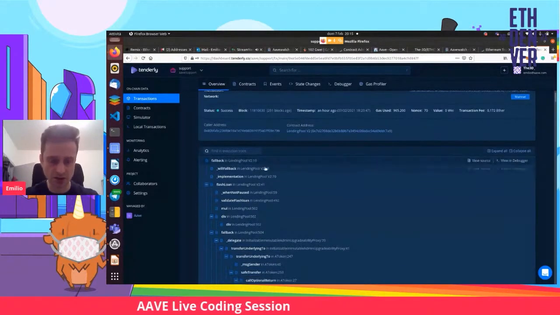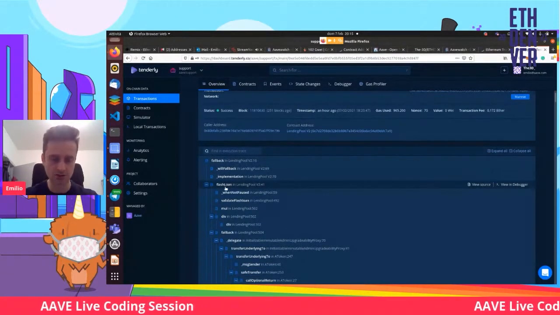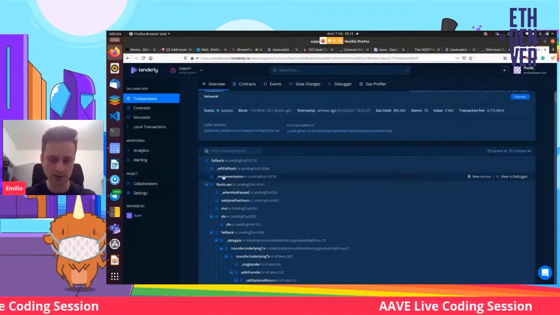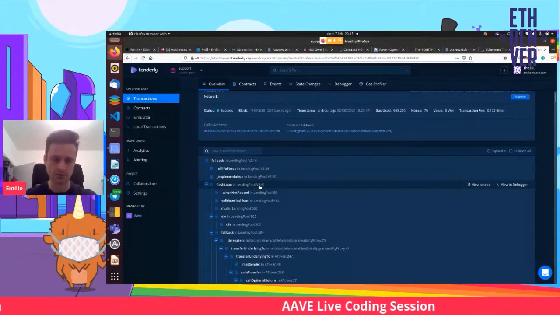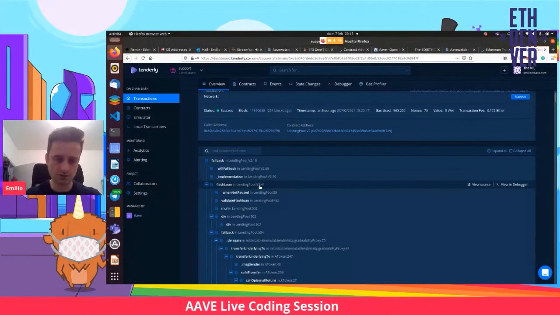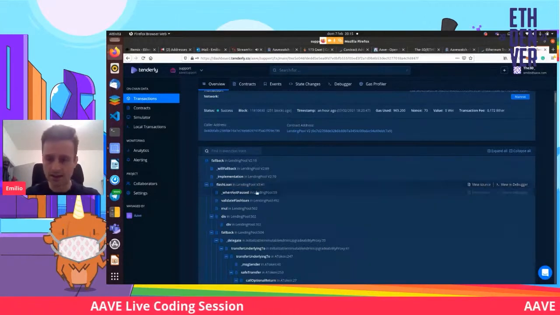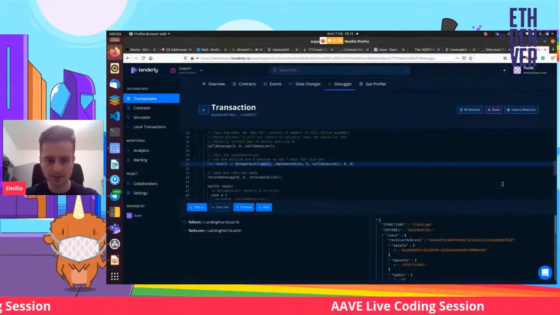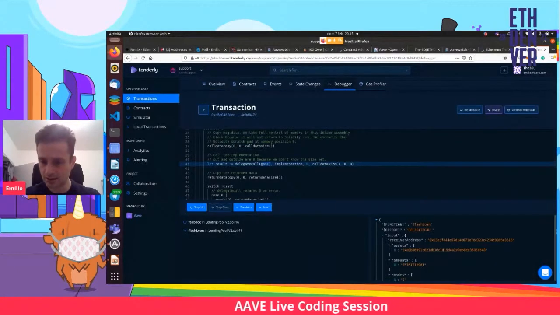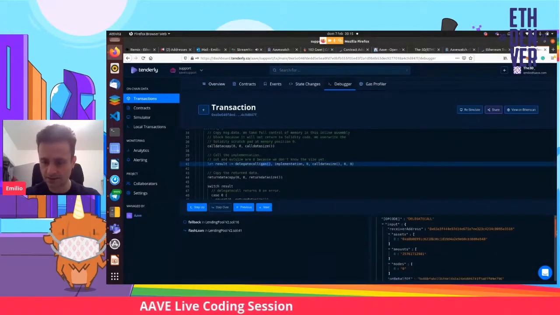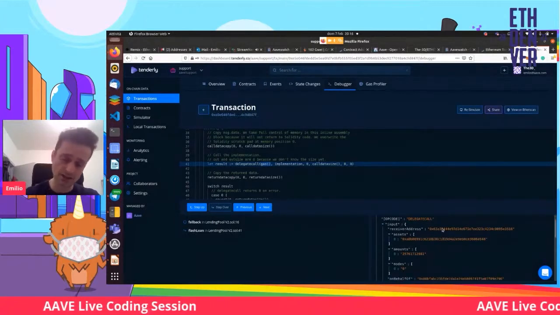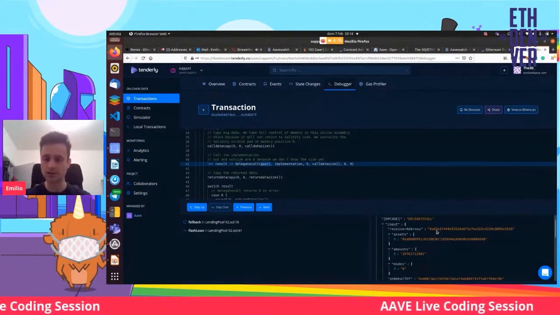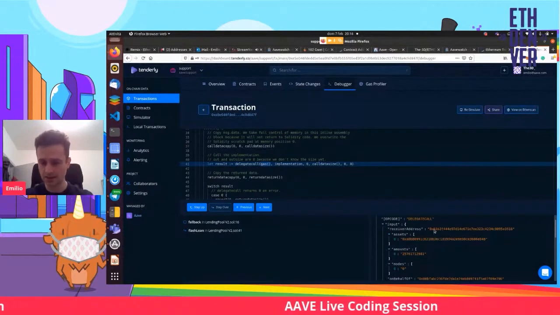You can see that essentially, like I was saying, the first action that is invoked on the protocol, on the smart contract, that is the lending pool smart contract, is the flash loan, right? So like I was saying, and if we check the parameters of this flash loan, we will see that here the receiver address is the address of the contract that I specified before, that is actually the contract that will execute the operation, and is the